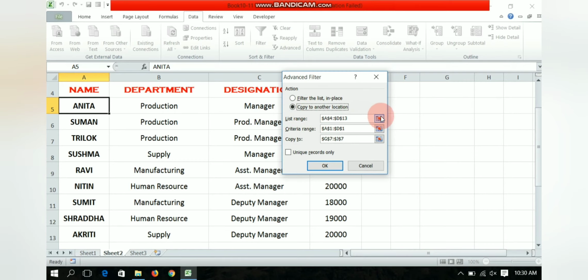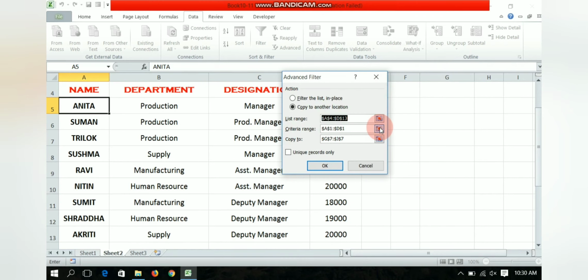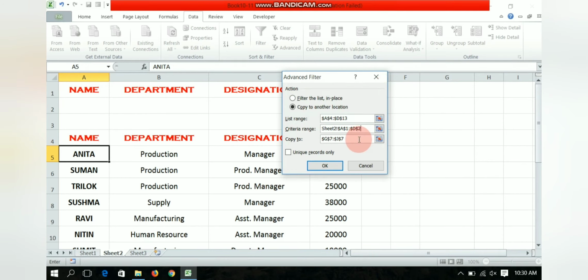After that, list range is selected. We will select criteria range. We will select this one. And after that we will select the place where we want to copy this.